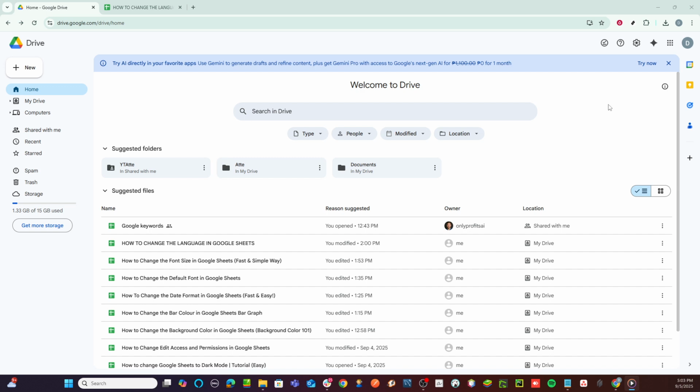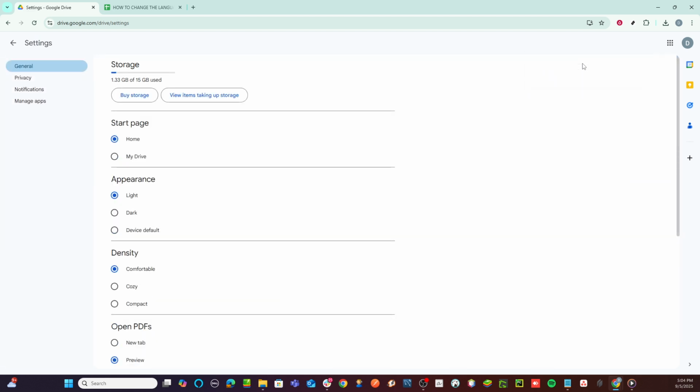Next, let's look for the gear icon, which represents Settings. You can usually find this in the upper right section of your Drive's interface. Clicking on it opens a drop-down menu with several options. From here, we'll want to select Settings, which will open a new window presenting various customization settings for your Drive